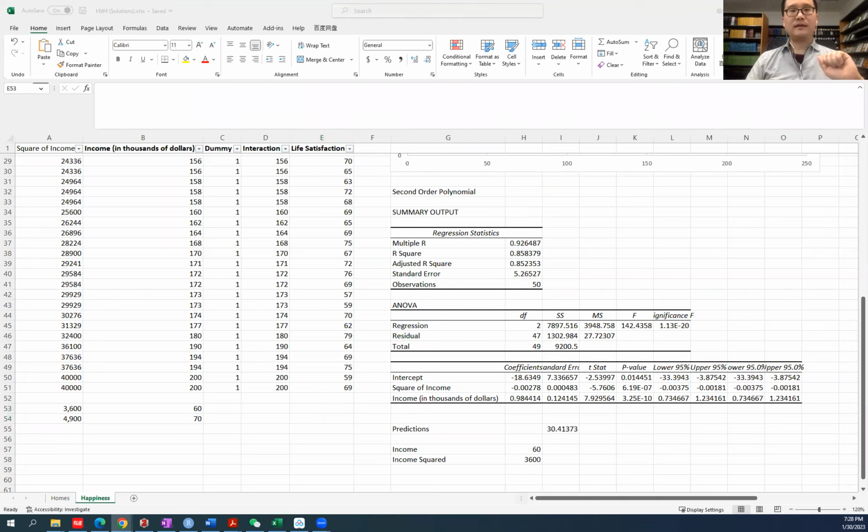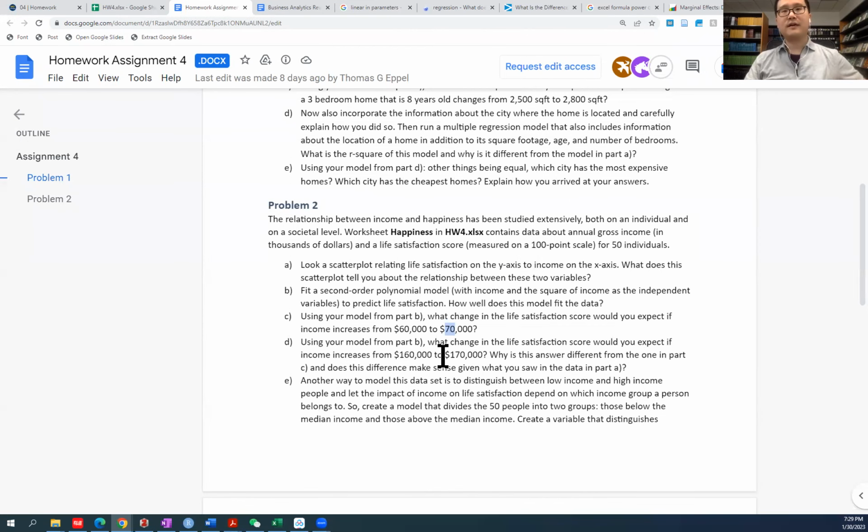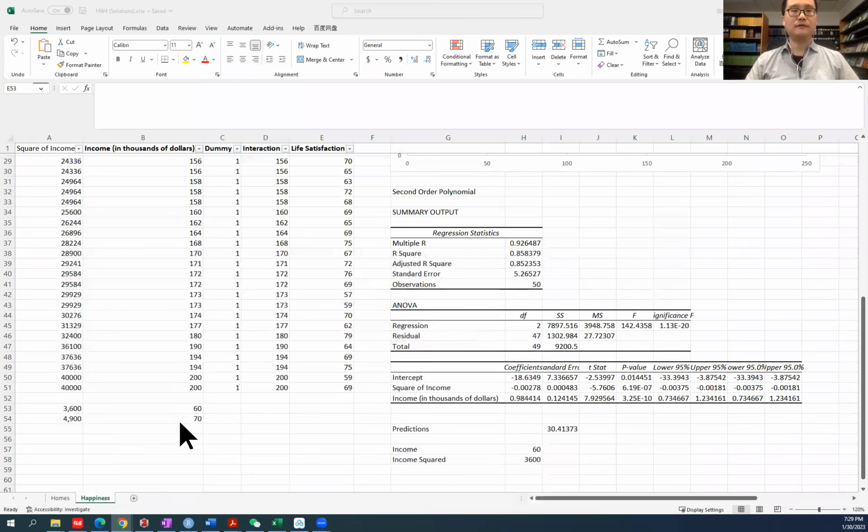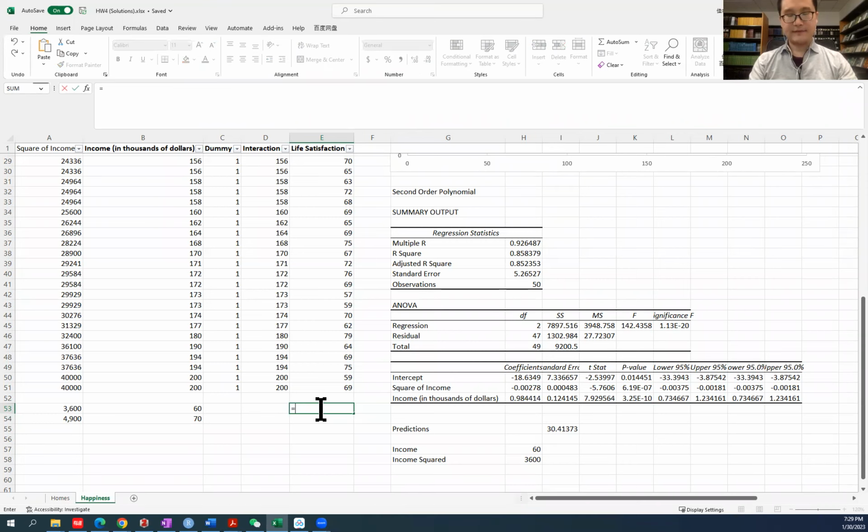Then we can answer this question: how much change would there be in life satisfaction between these two levels of income? So to calculate the predicted life satisfaction, we simply need to use the coefficients estimated in our regression